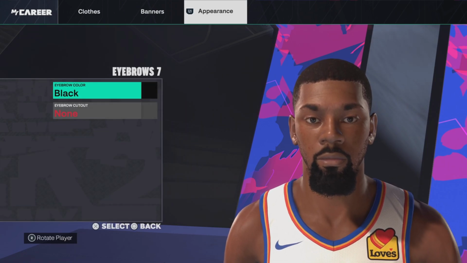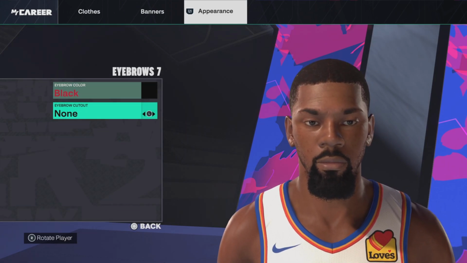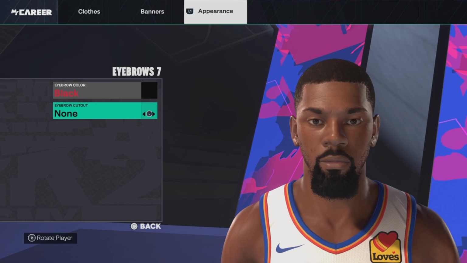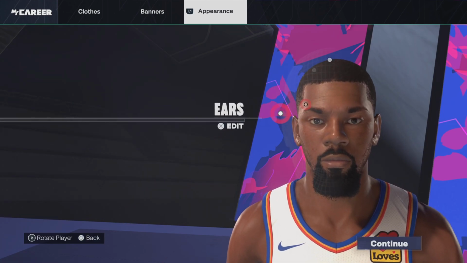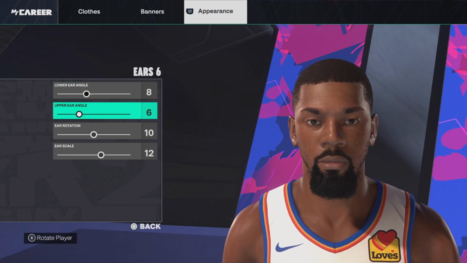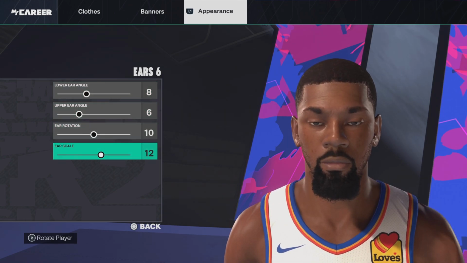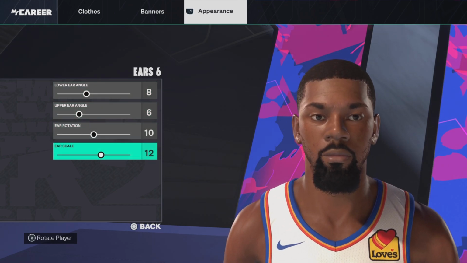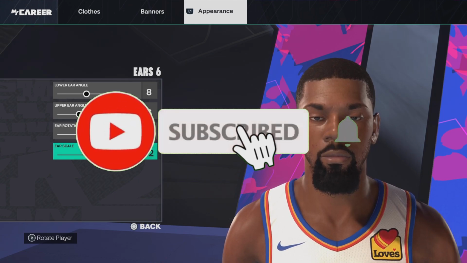Next up, we have the eyebrows. We're going eyebrows number 7, eyebrow color black. No eyebrow cutout needed for KD. Next up, got the ears. We're going ears number 6, lower angle 8, upper angle 6, ear rotation 10, ear scale 12. We'll give you guys a couple of seconds to get this all copied down